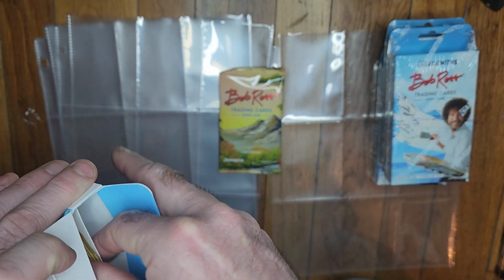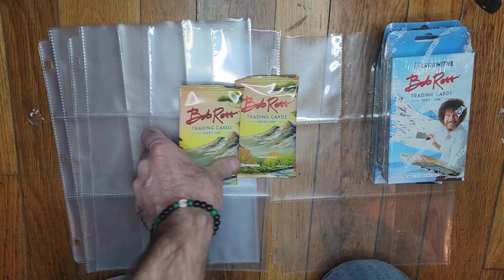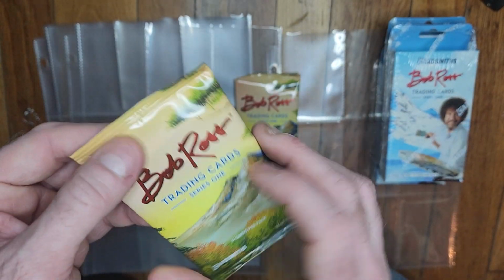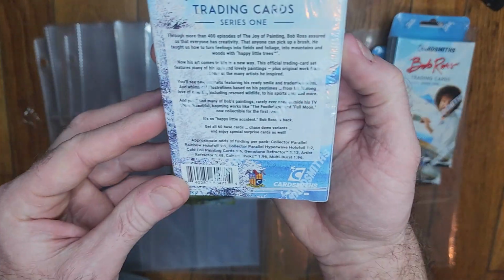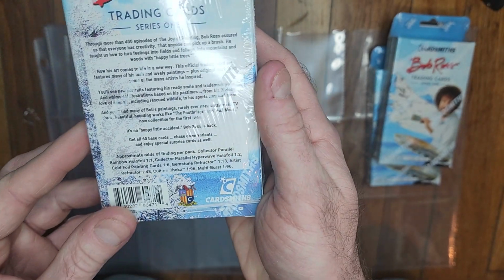Interesting. Okay, we just have a separation in there. Hi, Carmen. All right. I like the packaging even. Very cool. I'll read these off real quick too, if anyone is interested. So we have odds of finding per pack. Here we've got some